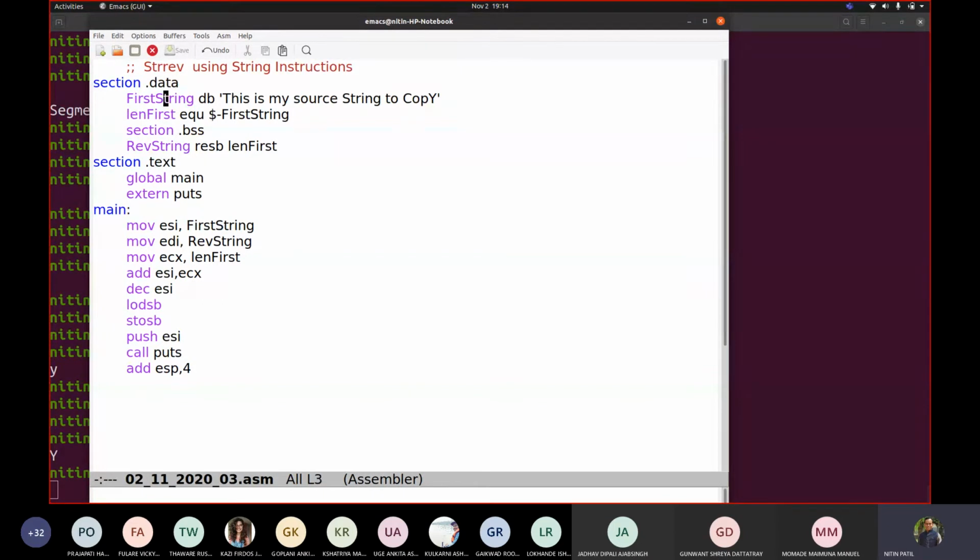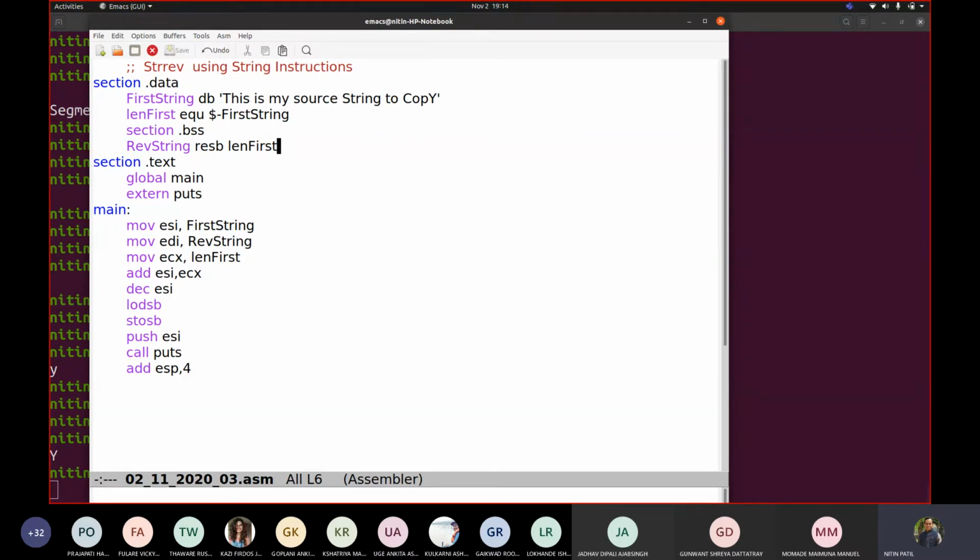See, your string is here, pointing to this place. Your source will come like first Y, then P, then O, then C, then space, then O, then T, then space, then G, and so on. So your string will be read from right to left. But this second string, the reverse string, wherever we are going to store it, should move from left to right because it would be getting copied there.